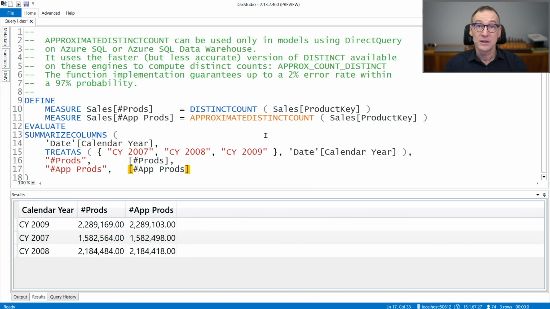Approximate distinct count is a function that computes the distinct count. It's much like the distinct count function, but it can only be used if you are using direct query against Azure SQL or Azure SQL Data Warehouse. Instead of using distinct count, it uses the approx count distinct function that is much faster than distinct count, but